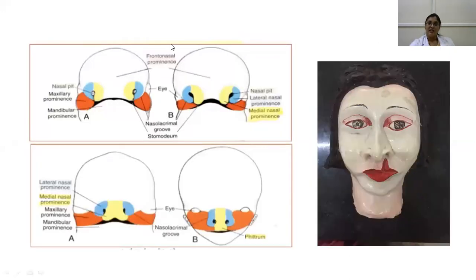So this is the last slide. Here you've got the development of the face, and you can see this is a cleft lip. Again here, how the cleft lip is formed, you have to talk about all the processes. So this is a unilateral cleft lip. You can have a median cleft lip. Or if the maxillary and mandibular processes fail to fuse at the right place, then you can have microstomia if it's too much, or if it is much beyond, macrostomia. So it's like that.